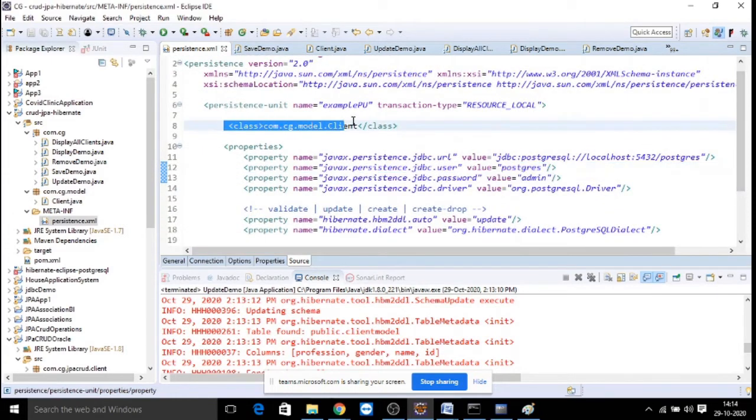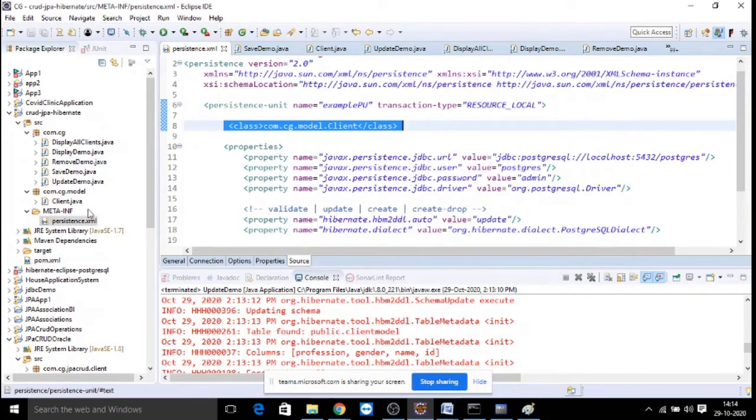And you need to add your class names. Class in the sense of model object names, entity names. In your application, you will have your own classes. So make sure that you are passing the appropriate entity class names here. If in the same project you are working with multiple entities, give all the entity class names. And then you need to provide your persistence.xml always as part of your META-INF folder.